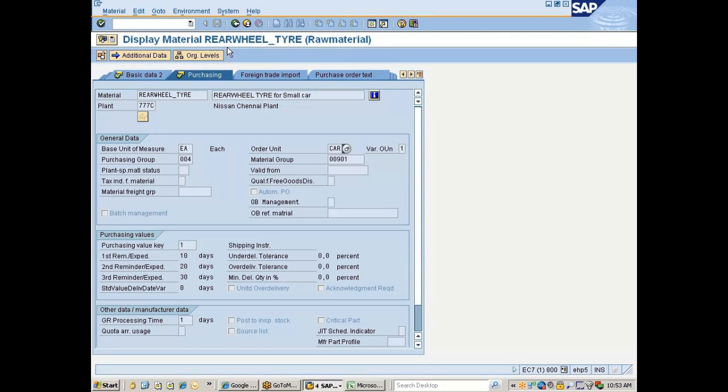Anybody looking at the title should be able to understand that I am in the display transaction code of the material master. By simply looking at this display, what is the material number? This is your material number. What material type does it belong to? Raw material. So your title of the application, which is here called the title bar,